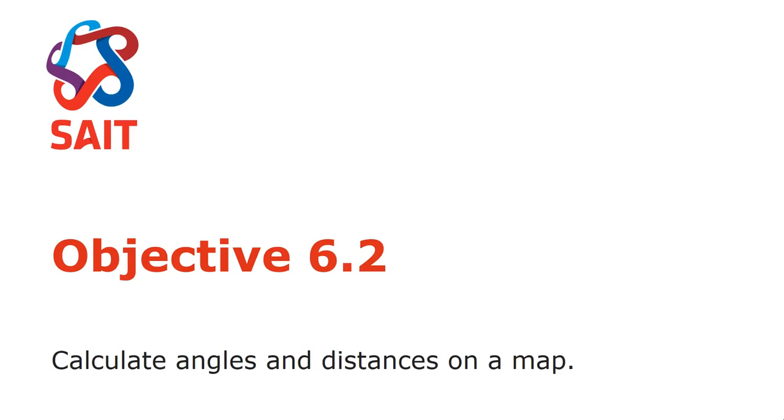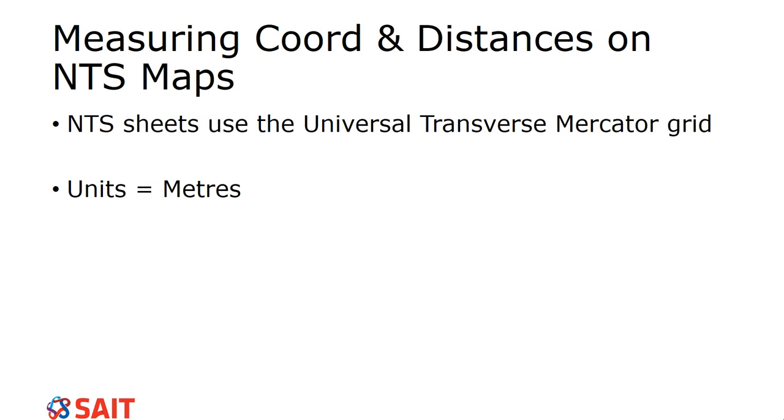Moving on to Objective 6.2, we're going to be looking at calculating angles and distances on a map. I'm going to use the NTS sheets that we talked about previously as my first example on how to actually use the map and the grids in order to carry on. I will be teaching the UTM coordinate system